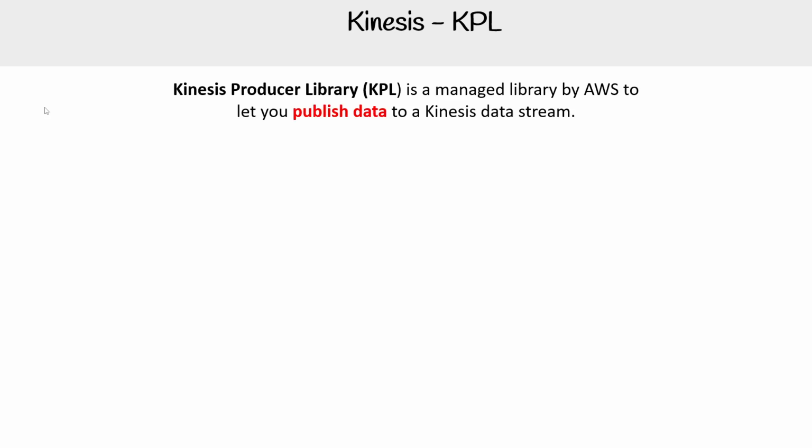There is the Kinesis Producer Library, the KPL, and it is a managed library at AWS to let you publish data to the Kinesis Data Stream. And it's located here on GitHub. I'm going to tell you, this thing is super hard to use, especially if you are not great at Java